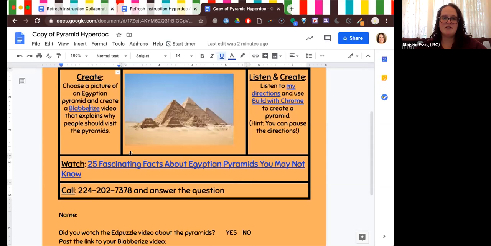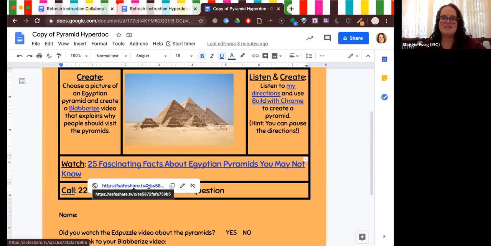we will persevere. The other thing, Build with Chrome, was a partnership between Google and Lego, where you could build things with Legos, but then they decided not to fund it anymore. So what I am going to show you is two things. One is